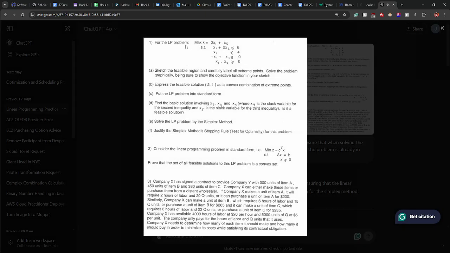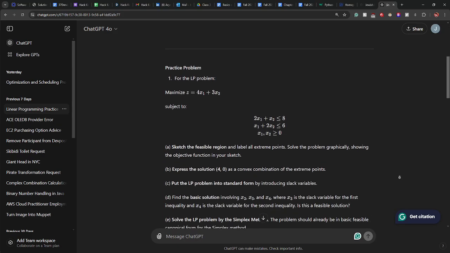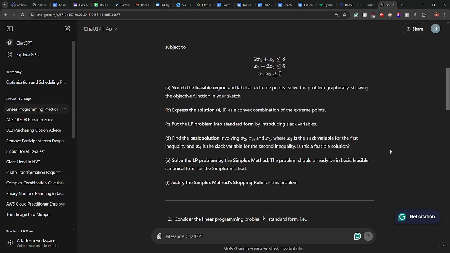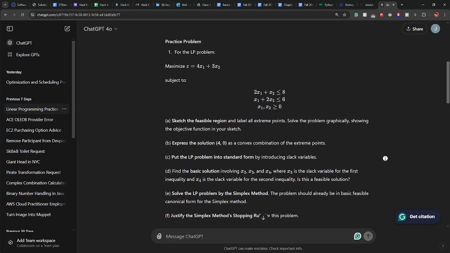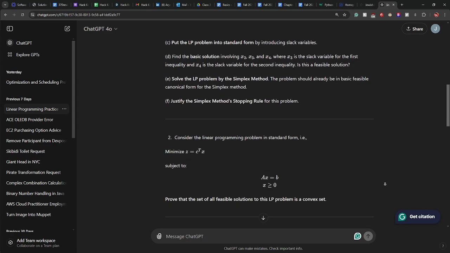Yeah, so with number one here as well, I said, make me a practice similar to this one. Ensure that when solving the LP problem in number one by the simplex method, the problem is already in basic feasible canonical form. Because remember, she said the question you're going to be given will be in that form. So I said, okay, give me a question that's similar to that. I did this, and now I'm perfectly fine with number one, right? So if you do that for number one and number three, you'll be fine. Number two, it's a bit different